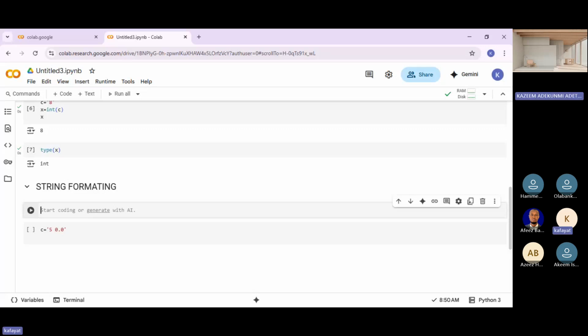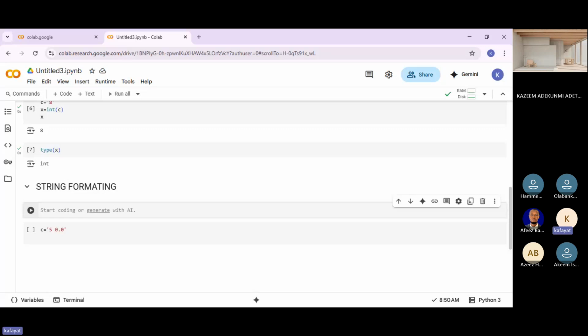Has any of you worked with Excel? Yes, ma. In Excel, you've been doing something like upper, lower. Am I right? Yes, ma'am. So in Python, we have string formatting and string manipulation.